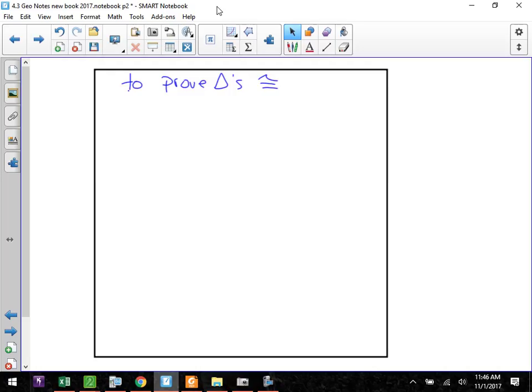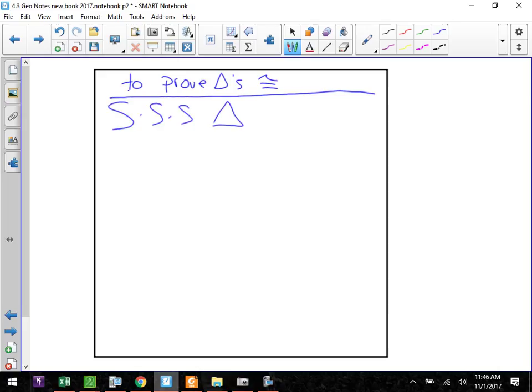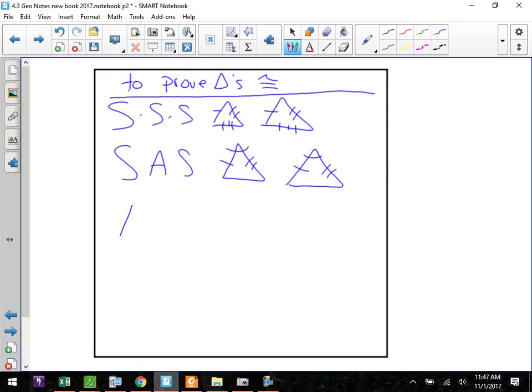So right now I want you guys to add in, so let's see, we have side. You had the side, angle, side, and you probably have a picture. Let's add in angle, side, angle, and angle, angle, side. There's going to be 2 other ways that we're going to be able to write these things out. And just like we had before,